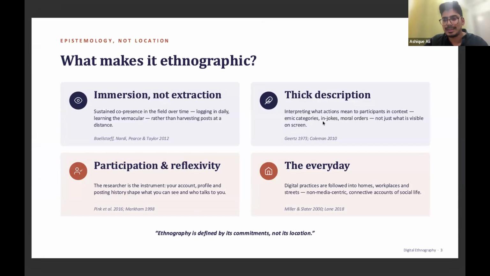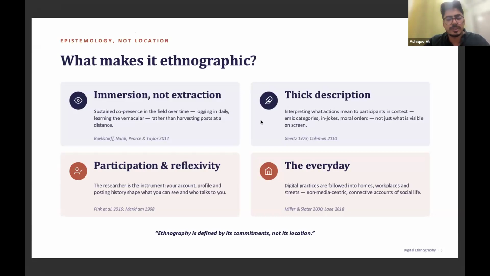And we should also understand that digital practices often are not restricted to the media which we are analyzing itself. They could go beyond that, because people's digital practices are also shaped by how they are at home, in workplaces, and the social spaces they would be encountering beyond that. And digital ethnography's limitation is also this: you cannot know beyond a point. You are only largely going to get a sense of what is appearing in front of you, which is, I would not say a problem, but a sort of limitation of this method too,